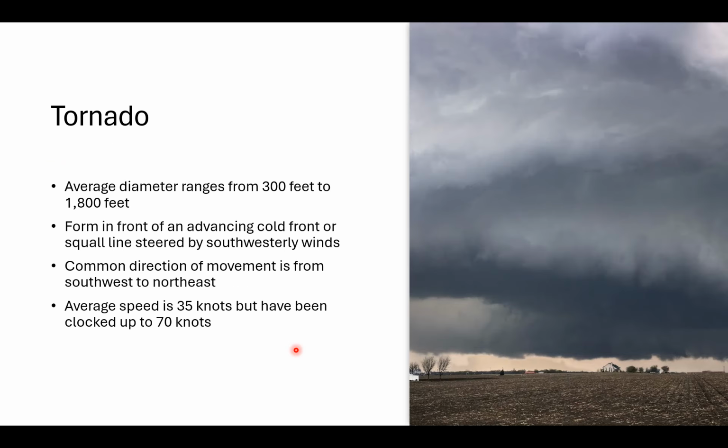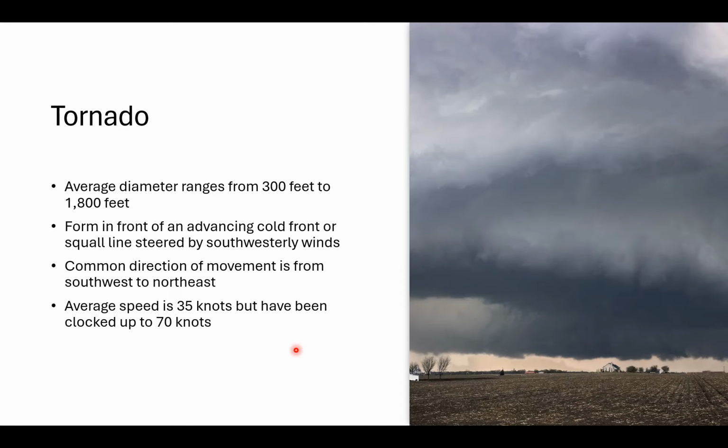The average diameter, by the way, of a tornado generally ranges from 300 feet to 1,800 feet, and they generally form in front of an advancing cold front or a squall line. Tornadoes are usually steered by southwesterly winds, so you'll see the tornado's common direction of movement is from the southwest to the northeast. The average speed of tornadoes is about 35 knots, but some tornadoes have been clocked up to